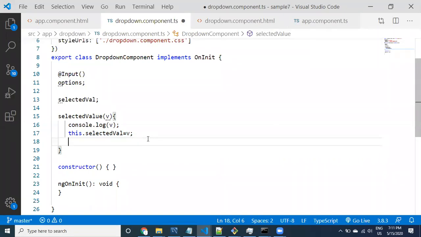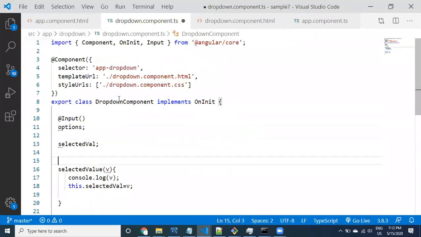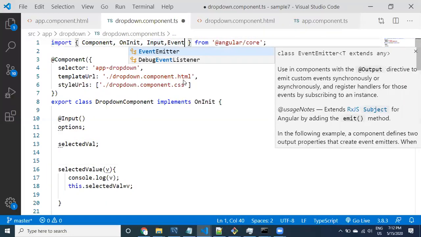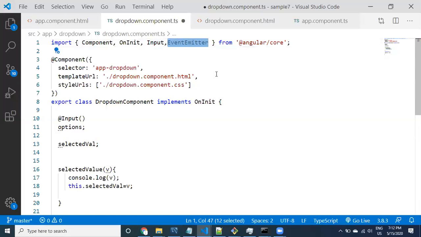To send the data from the child component to the parent component, you need to use an emitter. This process can be called emission. Data is going to be emitted from the child component to the parent component. To emit, we need to use something like an emitter, using this EventEmitter class. See here, guys, EventEmitter class. This is a predefined class in Angular. Using this EventEmitter, we can emit the data.